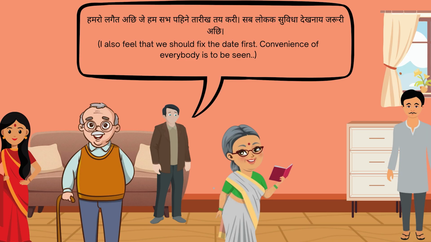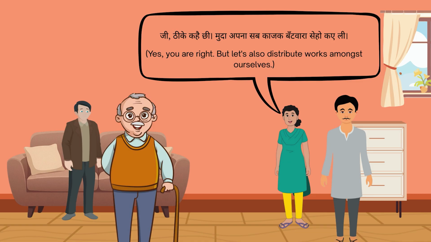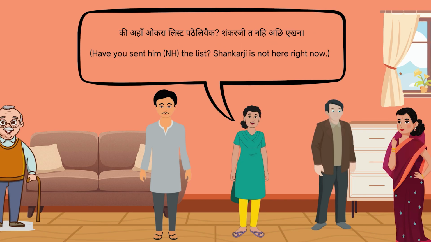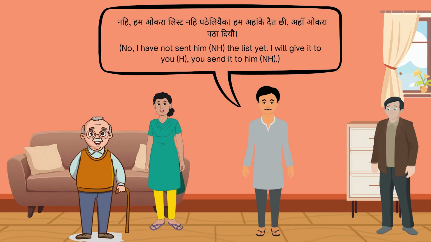हमरो लगैत अछि जे पहिने तारीख तय करी। सब लोकक सुविधा देखनाइ जरूरी अछि। जी ठीके कहै छी, मुदा अपना सब कामक बंटवारा सेहो कैली। ठीक, हम अहाँके एकटा लिस्ट दैत छी, अहाँ लिस्ट के देख के कहू। जी, अहाँ ओकरा लिस्ट पठेलियै? शंकर जी तो नहि अछि ओकर। नहि, हम ओकरा लिस्ट नहि पठेलियै, हम अहाँके दैत छी, अहाँ ओकरा पठा दियौ।